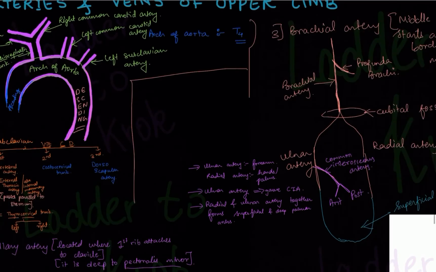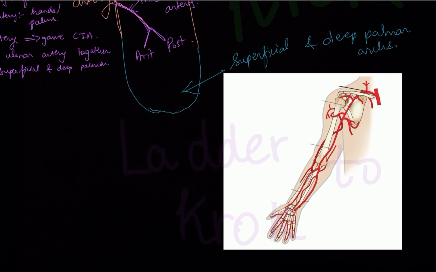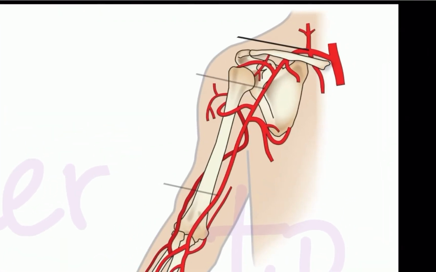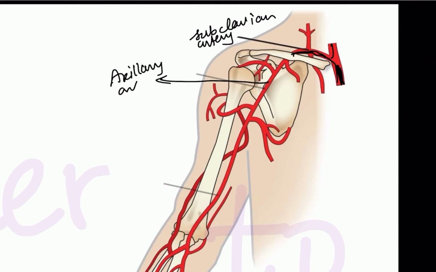Okay, so this was all about the arteries. So let's know the arteries in the pictures. You can see this is the arch of aorta. This is one branch, the brachiocephalic trunk. Coming out here is the subclavian artery. This is your subclavian artery. The subclavian artery becomes your axillary artery. So this which you're seeing at the axilla portion is your axillary artery. So this axillary artery then becomes which artery?